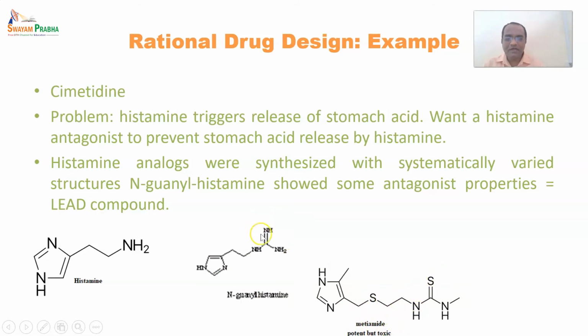So instead of this nitrogen, it was replaced by a sulfur. So it is a divalent bioisostere, and it has been replaced with a sulfur, having a substitution of a methyl group. But the problem with this drug was that it was potent but toxic,